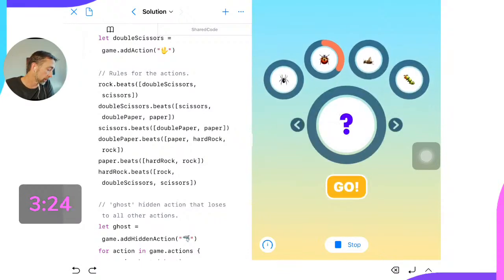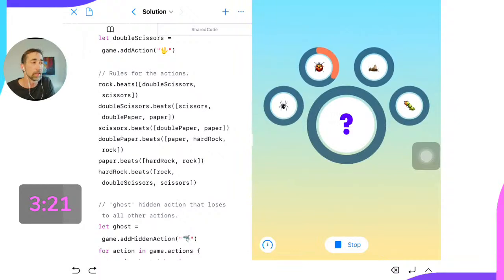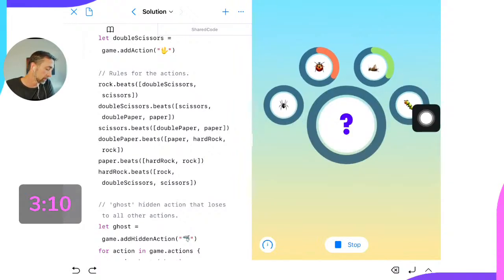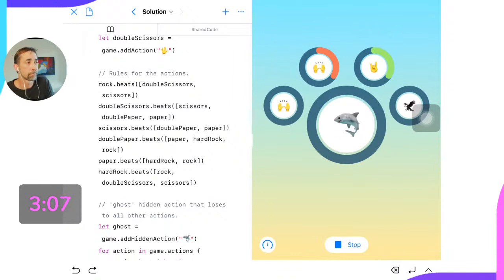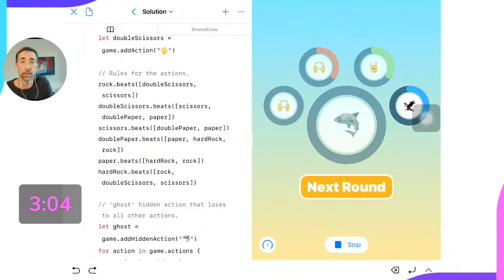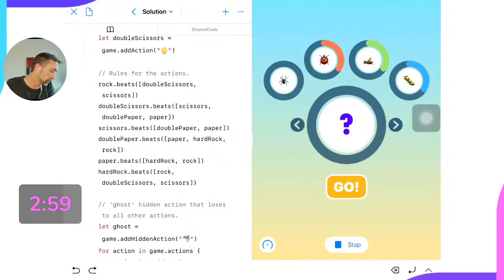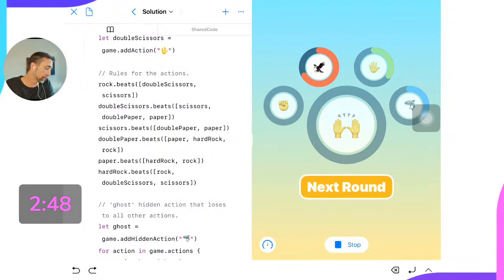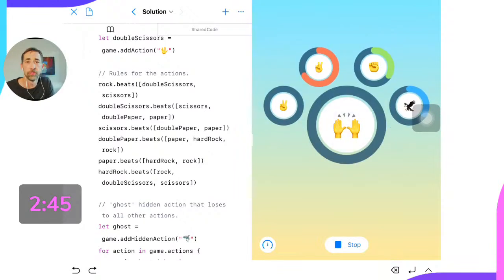All right, let's try doing another round. So Ladybug is ahead. We'll hit go. Oh boy. All right, eagle, I got beaten again. It doesn't help that I got the shark that loses to everybody. Let's go again. You can see that each of my opponents has gotten a different color for their winning ring color. Let's do next round. Tell you what, I'm not going to do random anymore because that keeps giving me the shark. So let's go with double paper. It's not looking good for me. Ladybug is ahead. All right, we'll hit go.